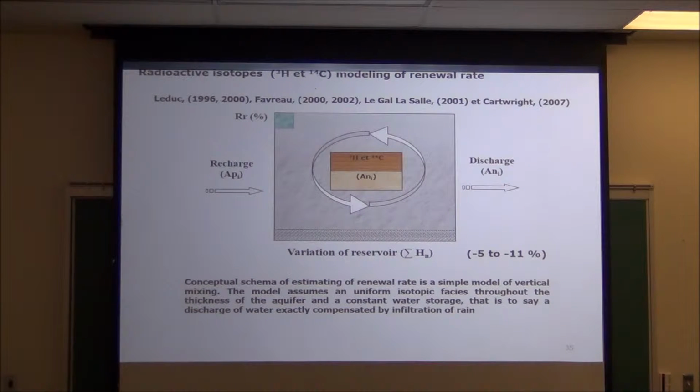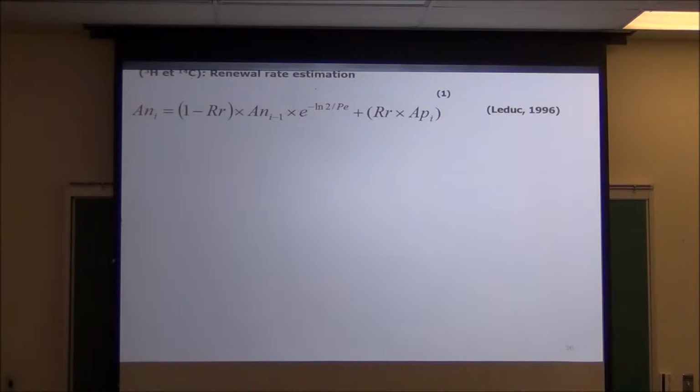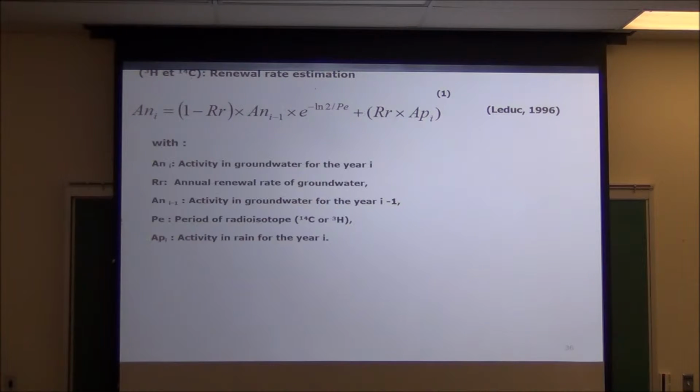And also we can use this model with the variation of the reservoir. I mean, if we have an increase in the piezometry or a decrease in the piezometry. For the El Hawariya aquifer, since 1980, we use this model with this equation without decrease in the piezometry. And for this model, we have to have the activity of tritium or the activity of